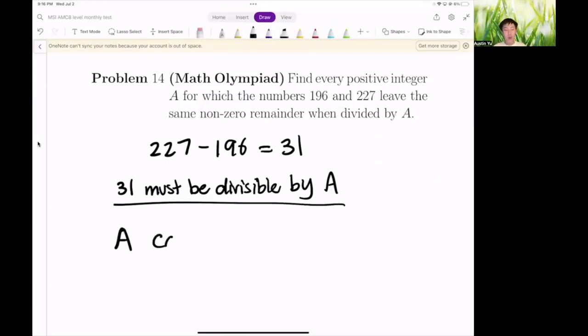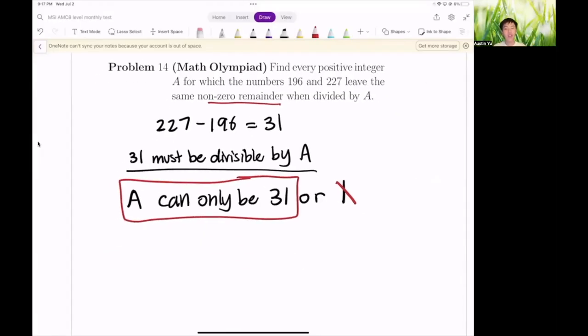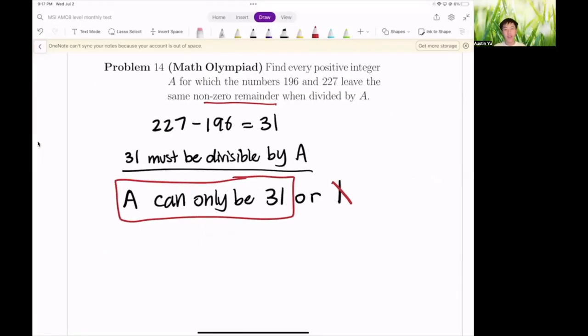And a can only be 31 or 1. But we can quickly eliminate 1 because it has to be a non-zero remainder, which means that a can only be 31. And let's just test this out. Let's see here,